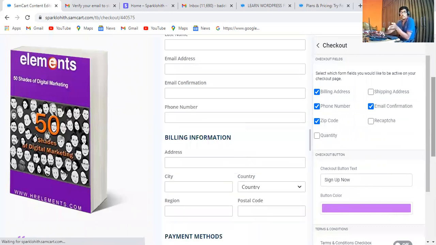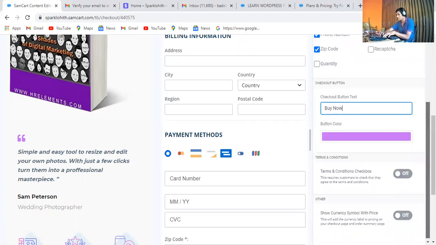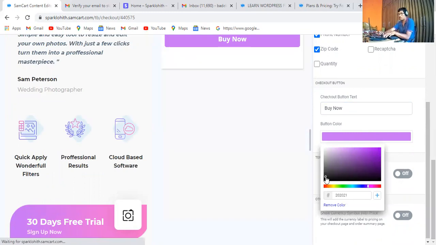See here, this was the sample that I've already created. So let's wait. And after that, there is a sign up now button down in the option. I'm going to change it to a buy now button. See here, all of you. So very simple, guys. You can change the button color. You can change the color of your button also. So I'm going to select only black. So let's wait. I'm going to show.